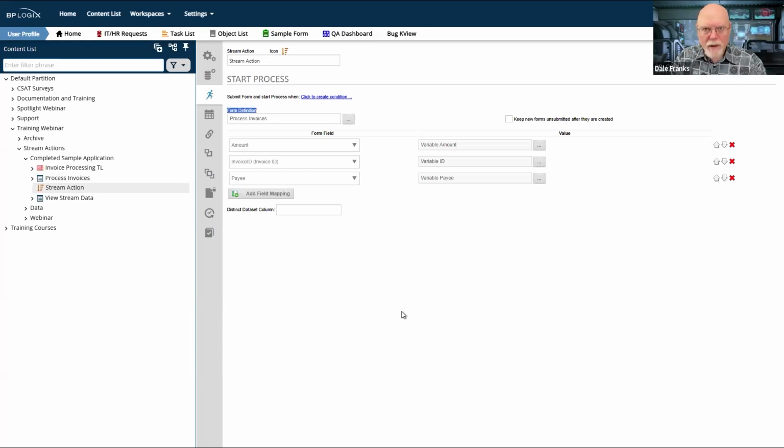One of the problems that arises whenever you kick off a process by simply invoking the process is that the form just gets created as an attachment to the process, and it's empty when it first starts. So whenever you have a process that's created that way, you have to intervene in some way, either manually by assigning a user task to someone who will open the blank form and submit it, or, in the case of a process that is kicked off by a knowledge view, we'll go ahead and fill out the form for you.